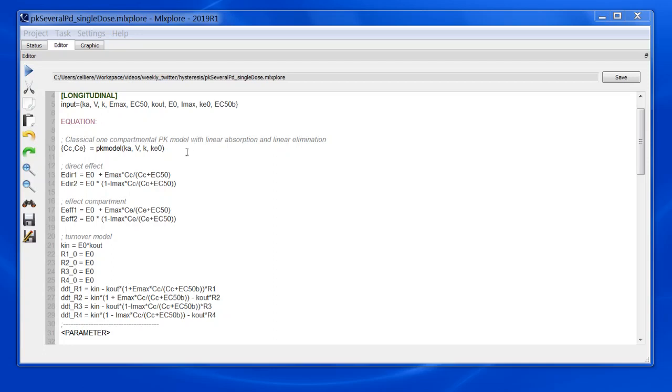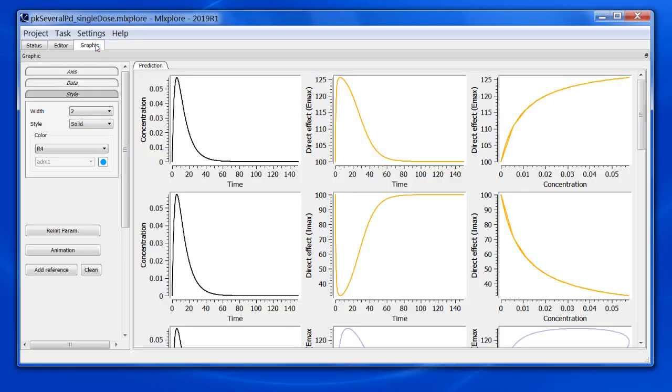In this MLExplore script, I have implemented the different models I have presented on the slides, and in the graphic tab, I have decided to plot the concentration over time, the PD over time, and the PD versus the PK. In the PD versus PK, I'm starting here at a baseline PD value of 100 and an initial concentration of 0.